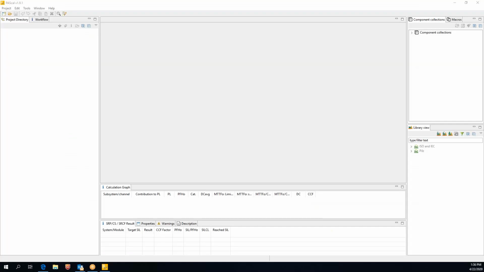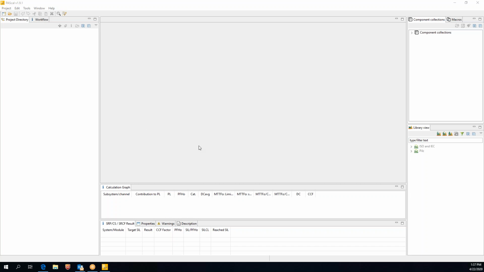So now that we've heard from Randy what goes behind the performance levels and what actually helps us achieve these things, now we need to take that information that we've gathered and actually apply that towards our actual machinery and our circuits. So as Ben mentioned earlier in the presentation, we offer a software called PAScal. It's our calculator that will help you determine safety levels that you can or have achieved on your machinery.